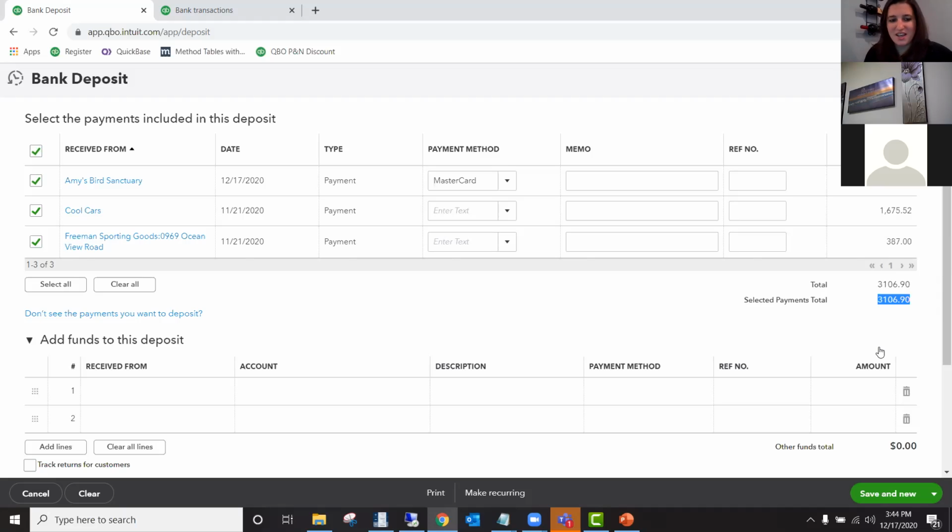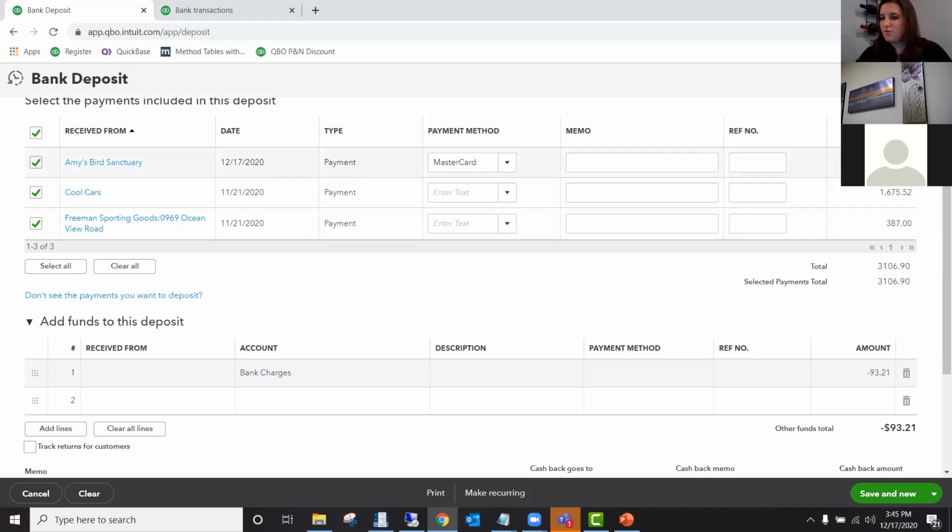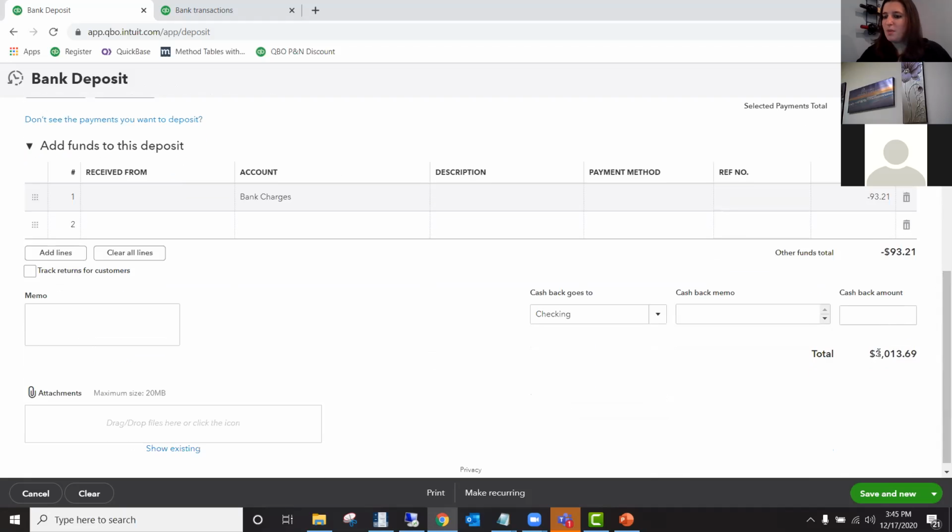I'm going to throw you off for a loop again and talk about the bank charges when it comes to credit card processing. And here, if let's say there is a 3% charge on this, we would then also go to bank charges. And because there's a 3% fee, QuickBooks doesn't automatically calculate it, but you can do math in the cells. So if I type that in, 3106 times 0.03, it's going to automatically calculate for me. And then I'll just put a little minus here. So all of our invoice balances are properly cleared out. That's the total amount I received against my accounts receivable, but this is the net amount I received in my